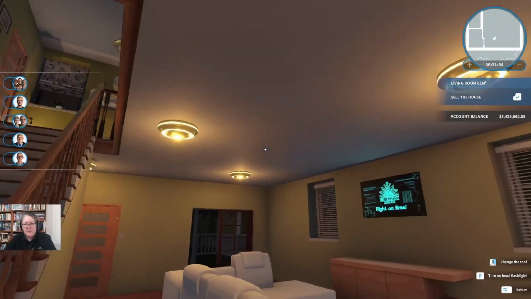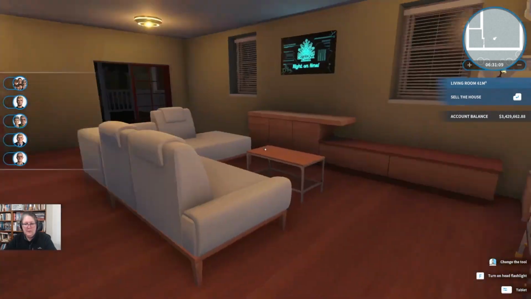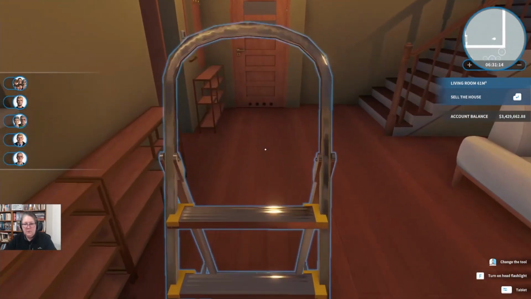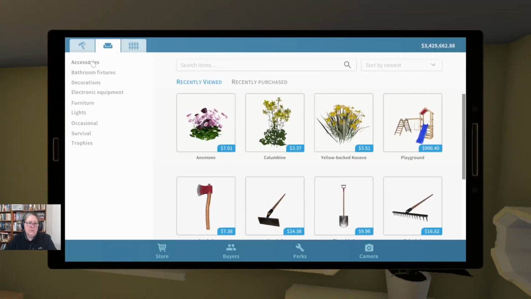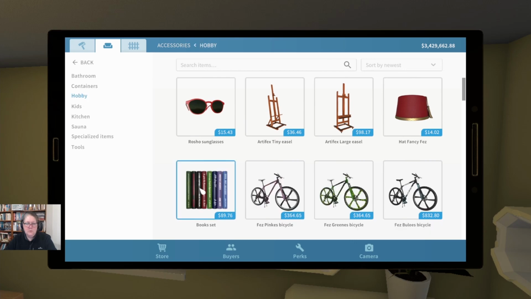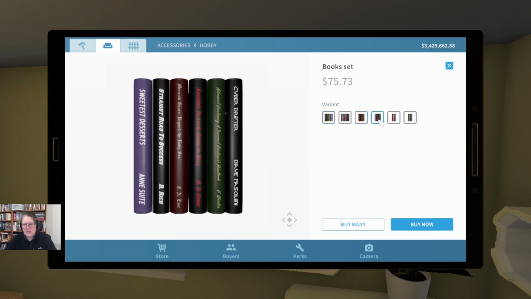Alright, so now we have this bit of a plain Jane living room. It leads upstairs to quite a spectacular kind of space. So let's just finish off this corner, see how we go. So we want our accessories, and we would like hobbies and books. I think I've got to do narrow book sets. We might go with a slightly